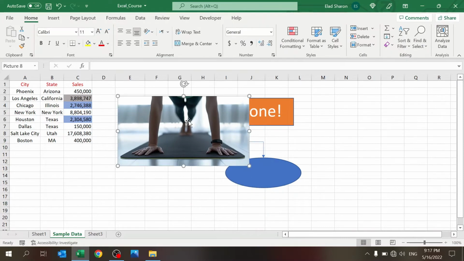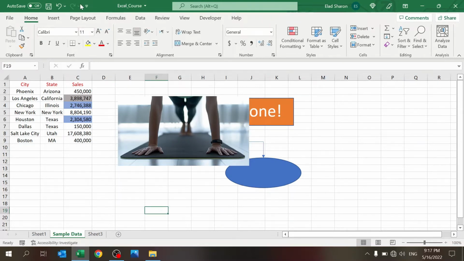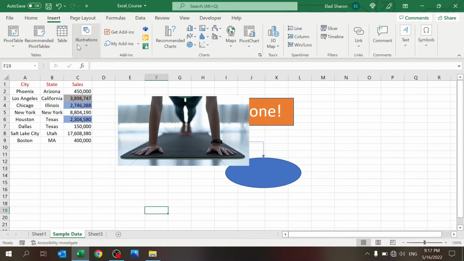And you can always send it to the back or send it to the front. So these are the basics. I also want to show you the 3D model, what I think is very nice and colorful, where you can bring in